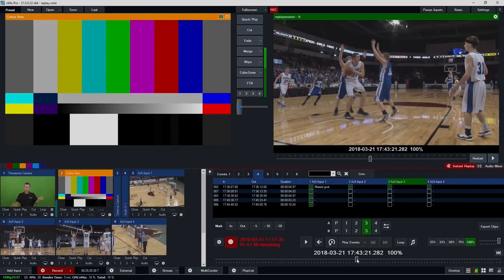So that's how to use hardware controllers with vMix. Now for a list of controllers that we support,